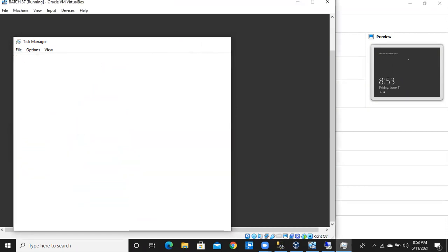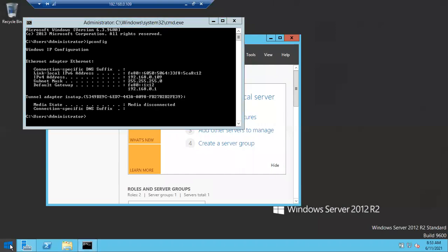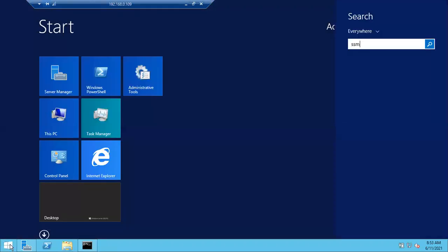I just connected to this machine remotely. Let me open the management studio now.